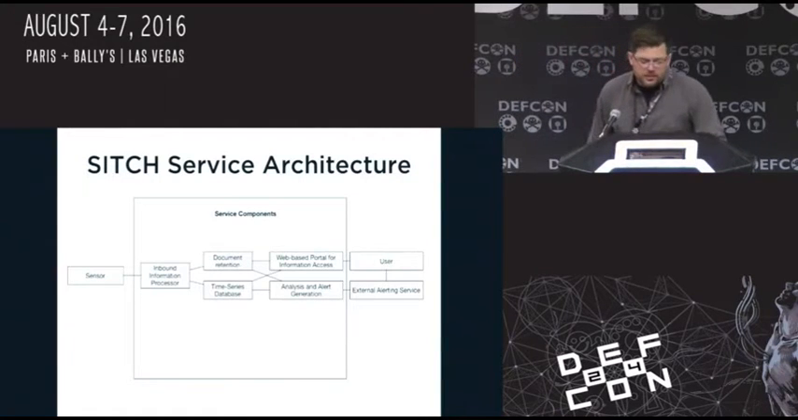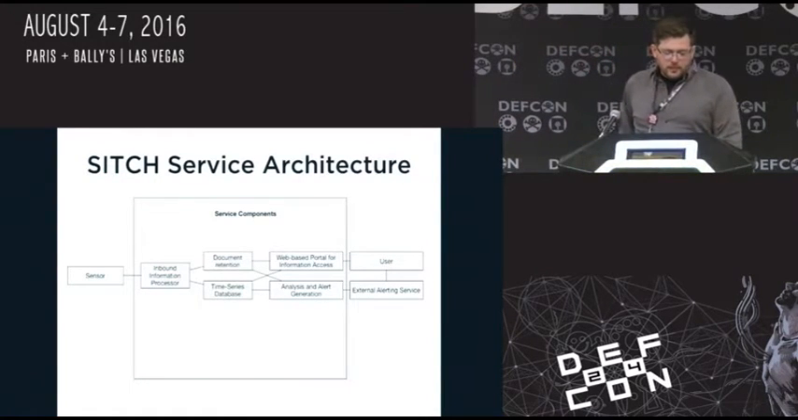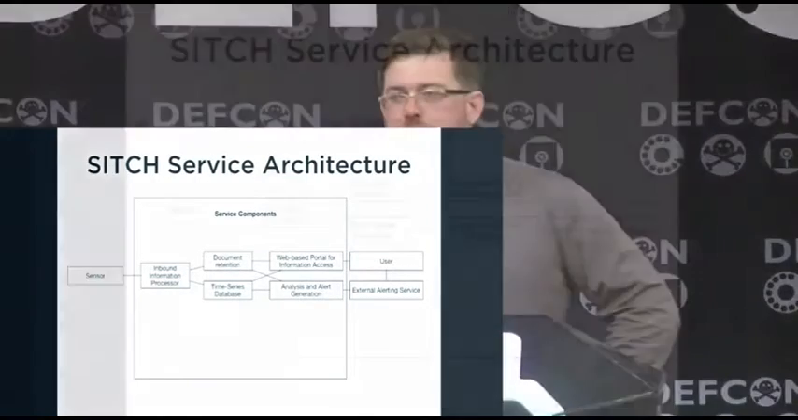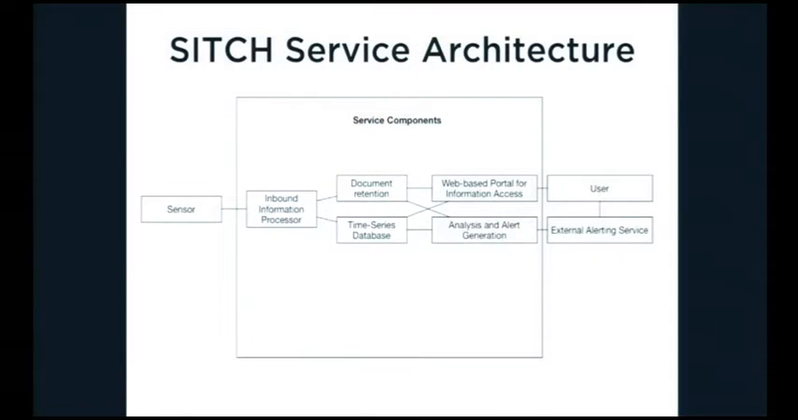So on the service architecture side, the first thing the information hits is the inbound information processor. What that is in this case is Logstash. Document retention, everything's stored in structured data in Elasticsearch, and the web-based portal is kind of a combination of Kibana and Tessera. The time series database is Graphite, and analysis and alert generation right now are shared by